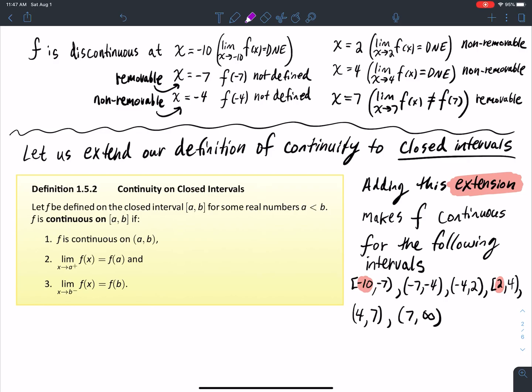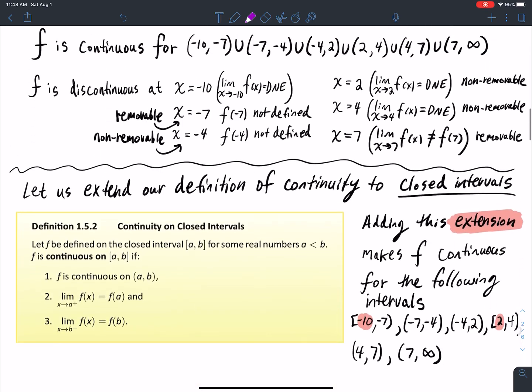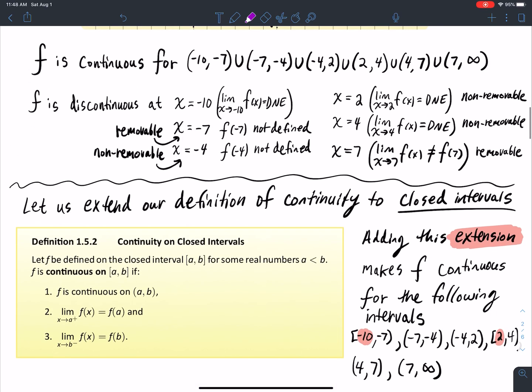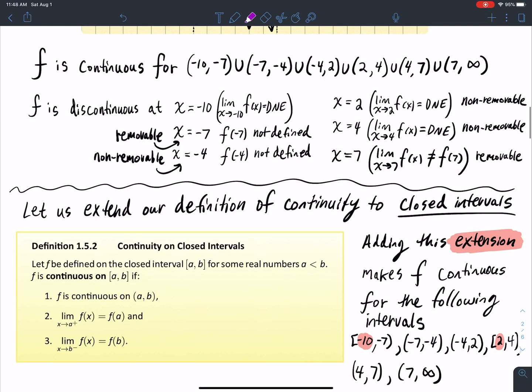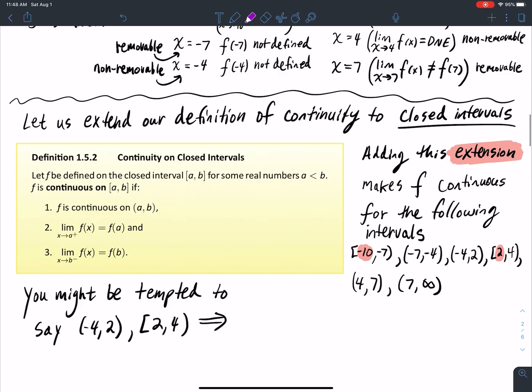So normally this isn't really an issue. We just only consider open intervals here. But technically, if you use the closed interval notation or the closed interval definition, then it does. So the problem becomes this. You might be tempted to say, well, look, on the open interval from negative 4 to 2, it's continuous. And now by this definition, on the closed interval from 2 to 4, it's closed on one side and it's open on the other side,